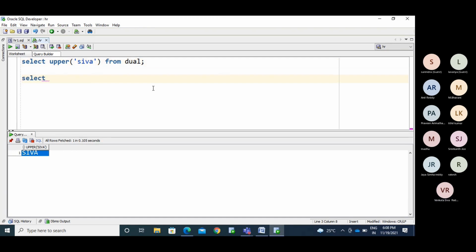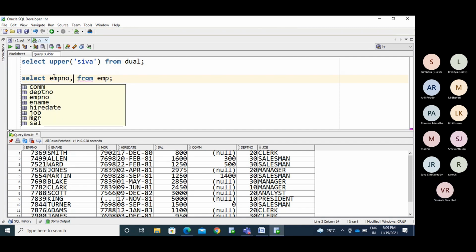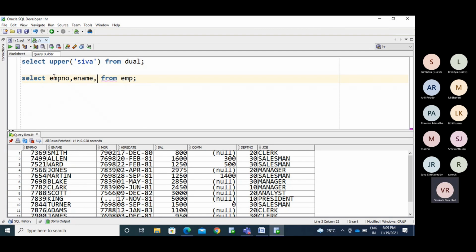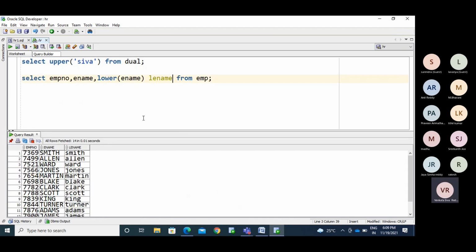See, employee. In this, now I want to make the employee name lower, so I use lower of ename.